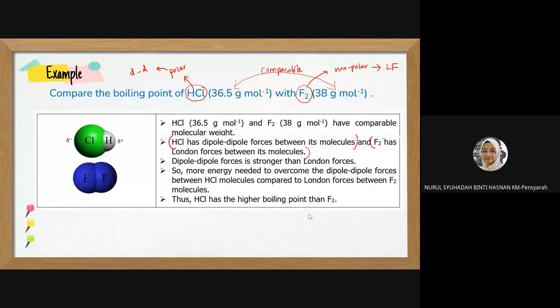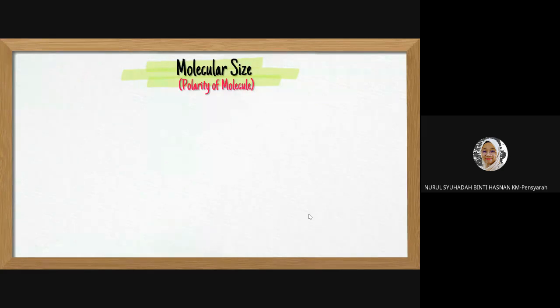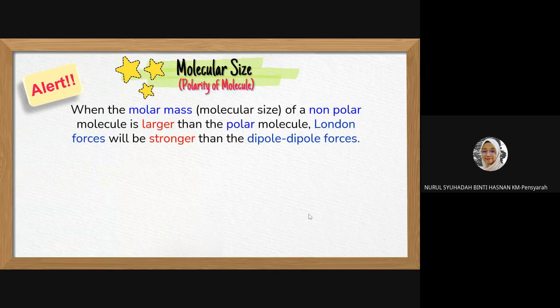Okay, and last, the third one for van der Waals forces is molecular size. So when the molar mass of a non-polar molecule is larger than that of the polar molecule, London forces will be stronger than dipole forces. Okay, I missed this part here. So for this one, please take note. Although earlier we said dipole is stronger than London forces, but if we have a polar molecule, for example,